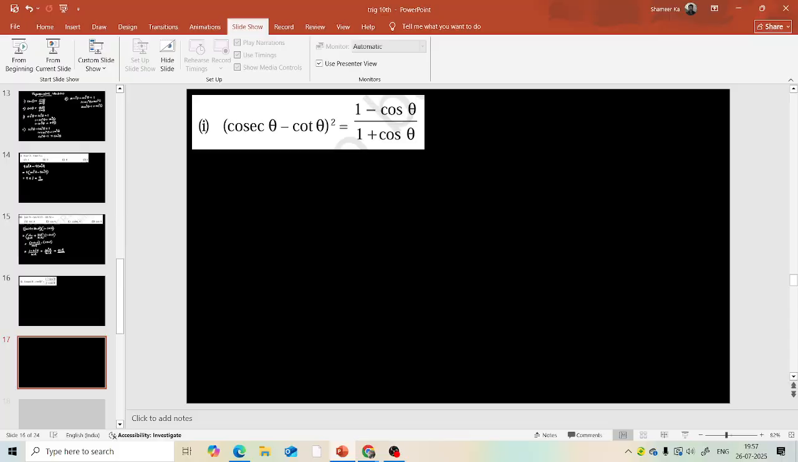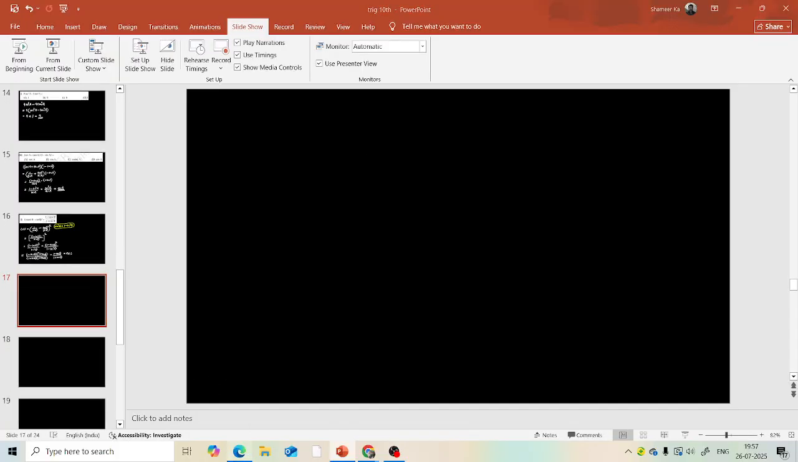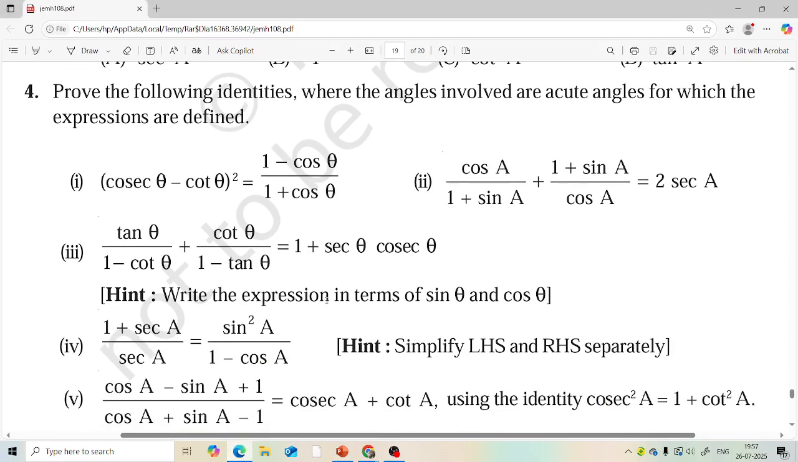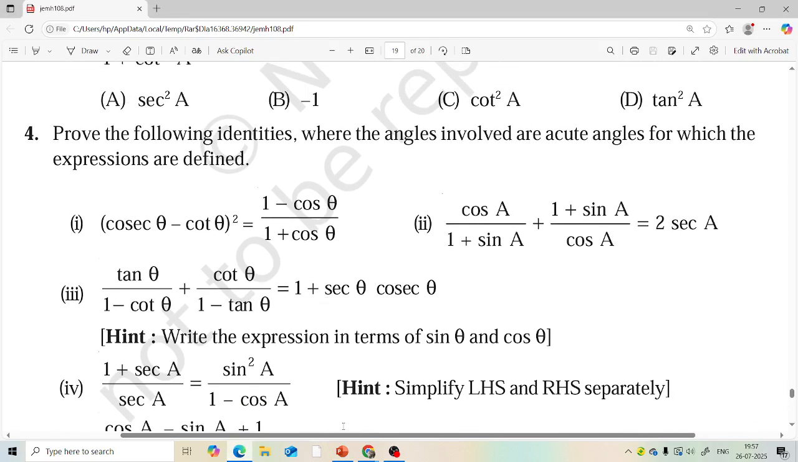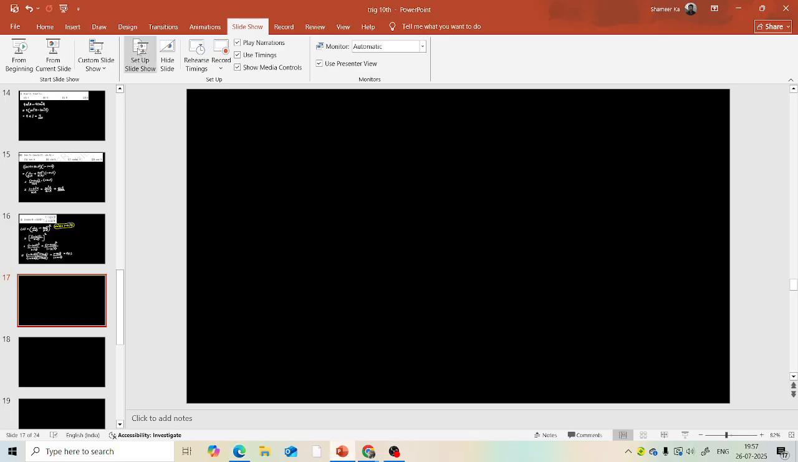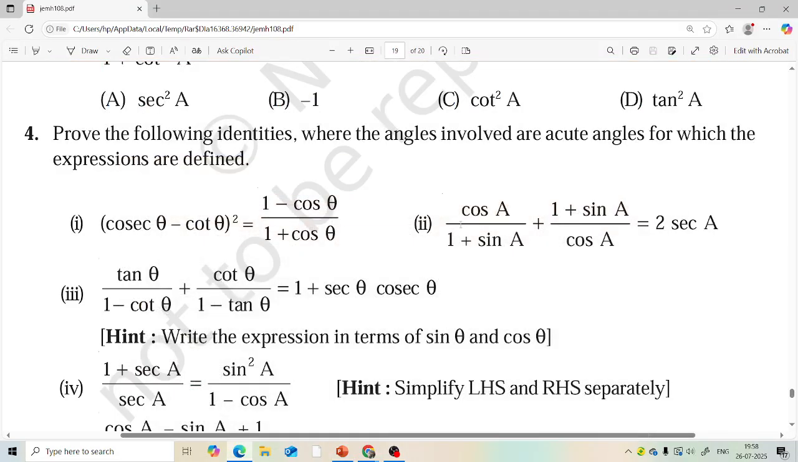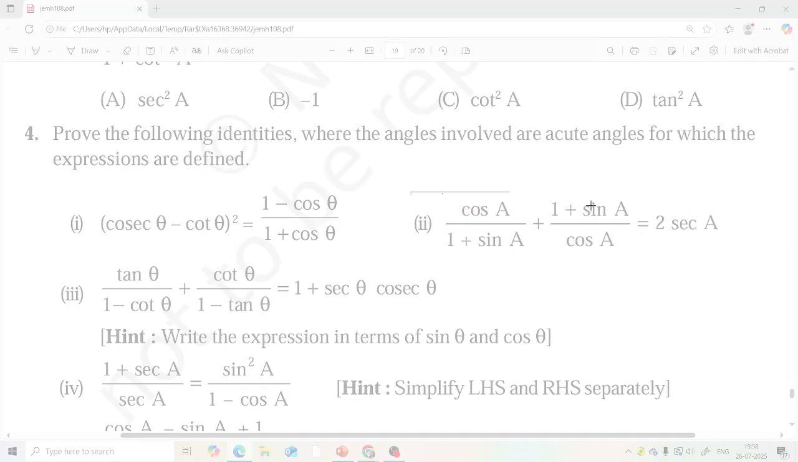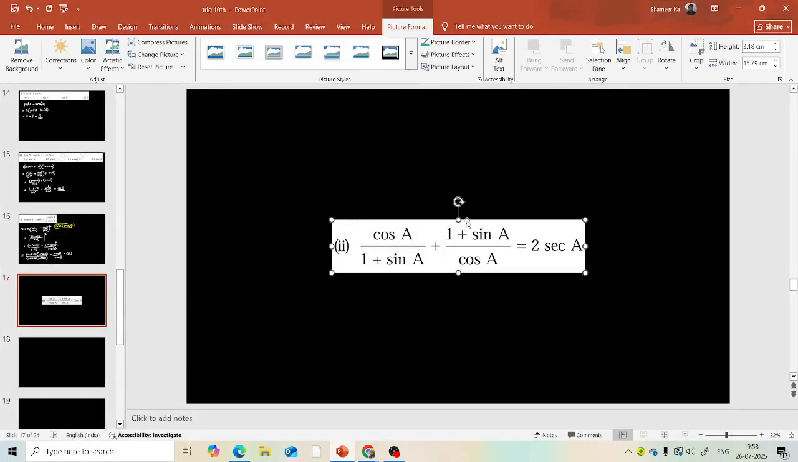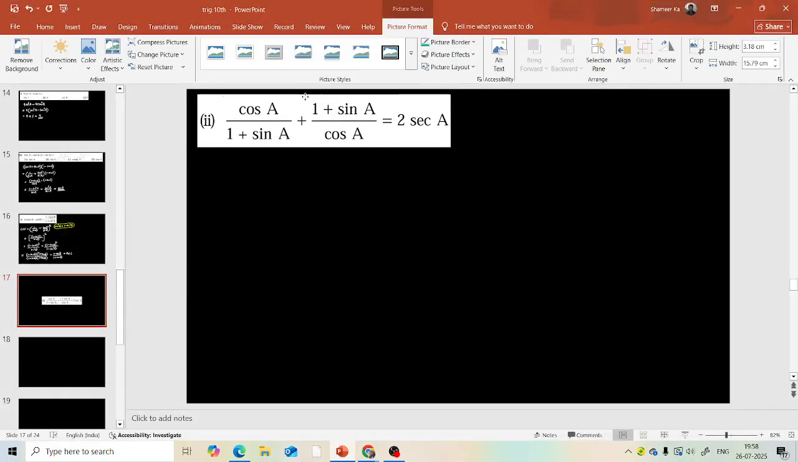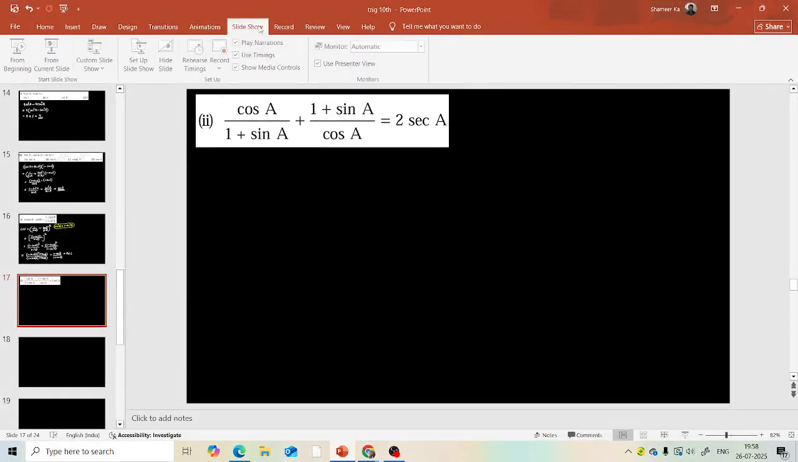Next is, the next problem is the second one. The weightage will be more for this type of question. All these questions are show that type questions. Show that LHS equal to